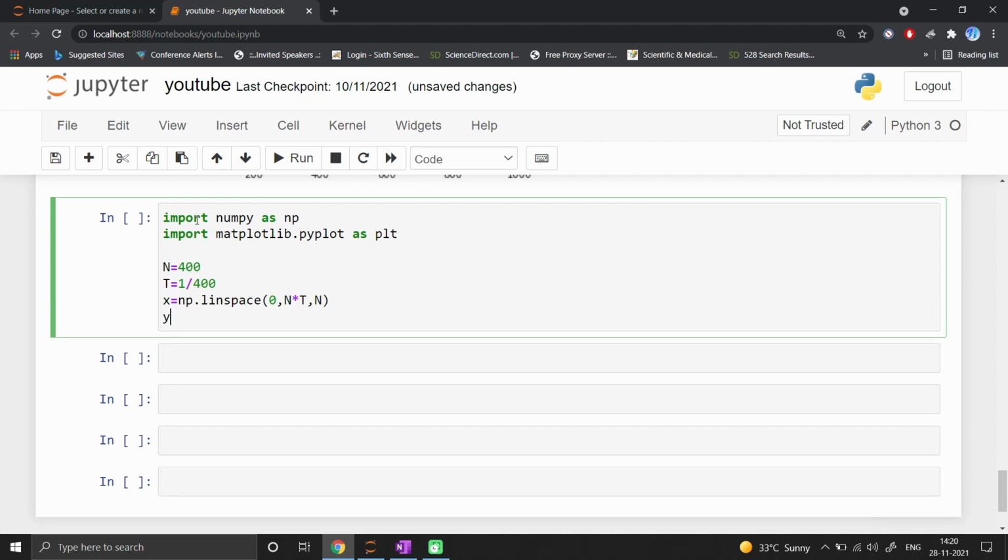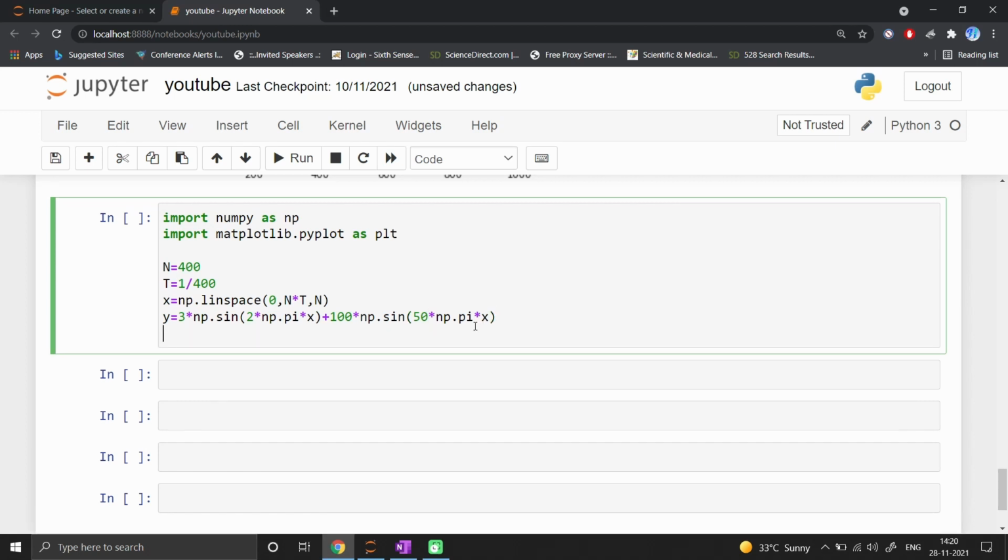My y value is 3 multiplied by np.sin of 2 multiplied by np.pi multiplied by x, plus 100 multiplied by np.sin of 50 multiplied by np.pi multiplied by x.